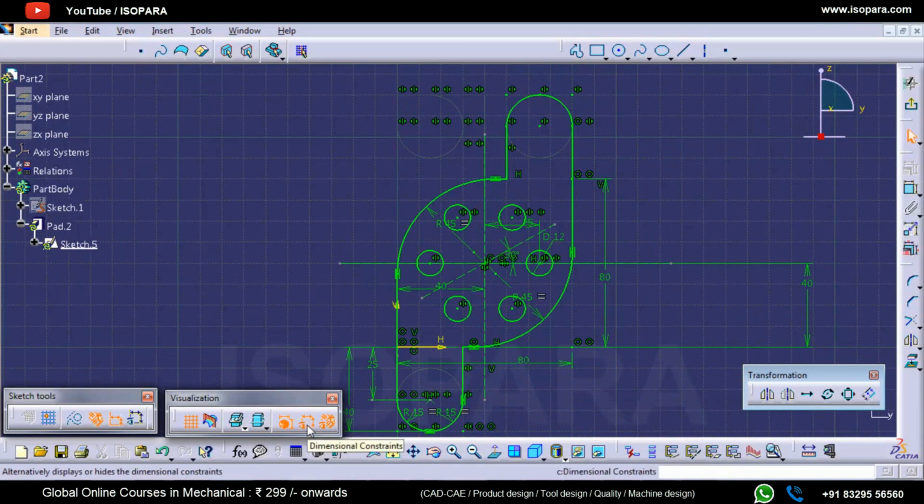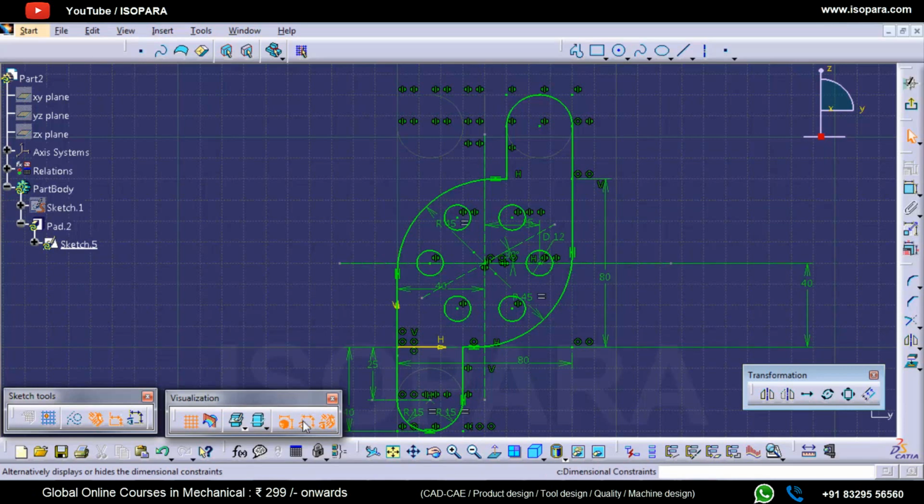The next command is the dimensional constraint. Whenever I click on this, you will find that no dimensions are visible right now. All these options are available under the visualization tool, and you have to take care that everything is in the on condition, meaning they are clicked once.